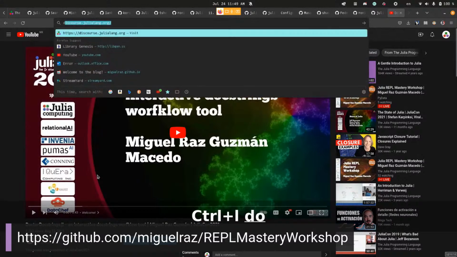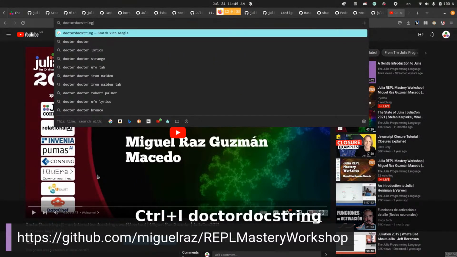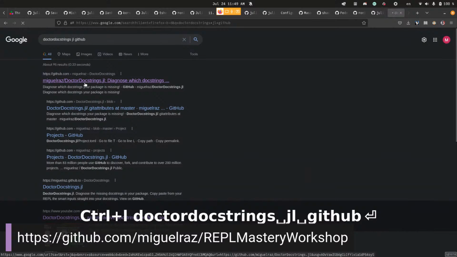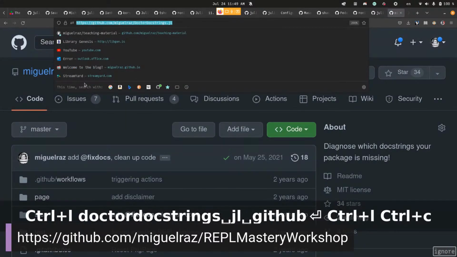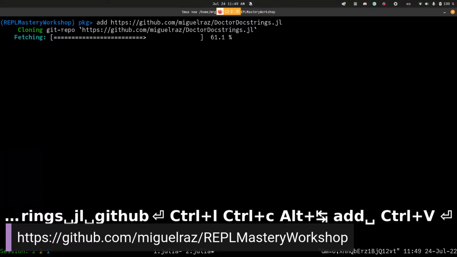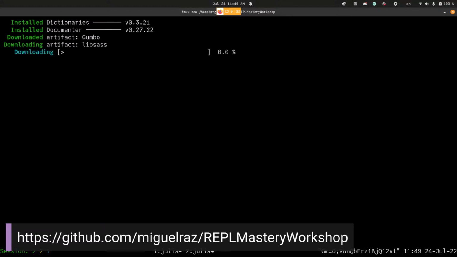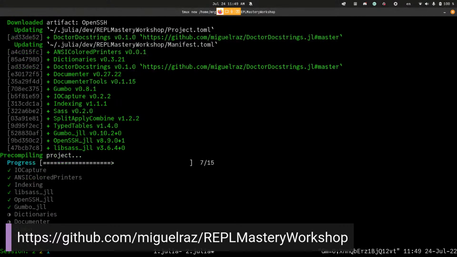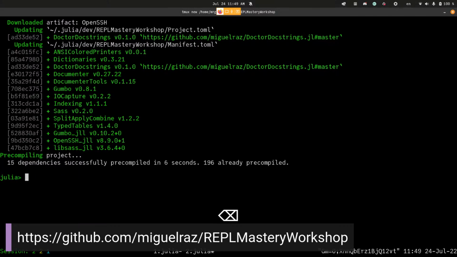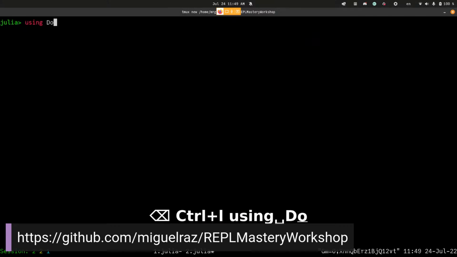I don't know why. There we go. Add that one. And so I don't know why it's picking up gumbo. Split, apply, combine, type tables. What the? All right, using